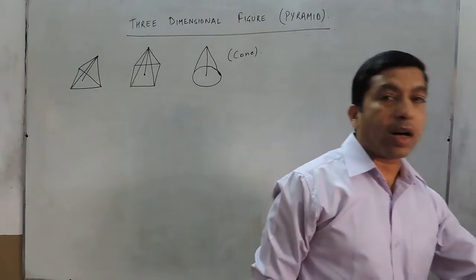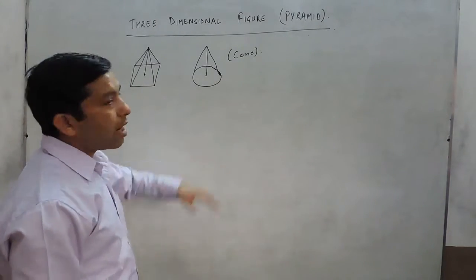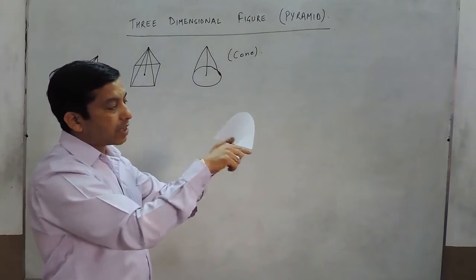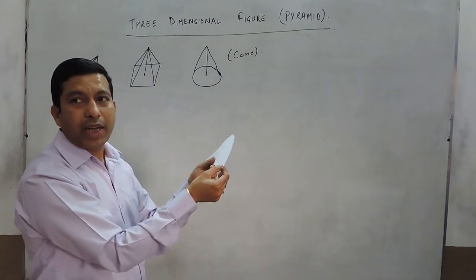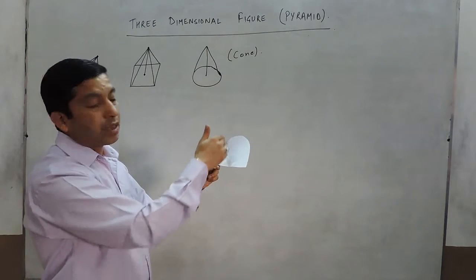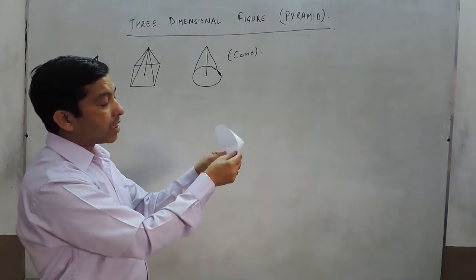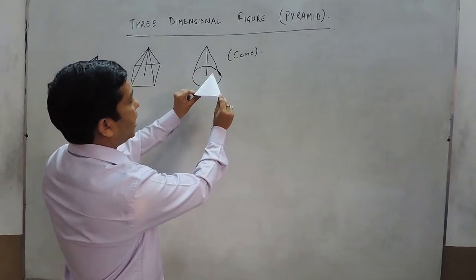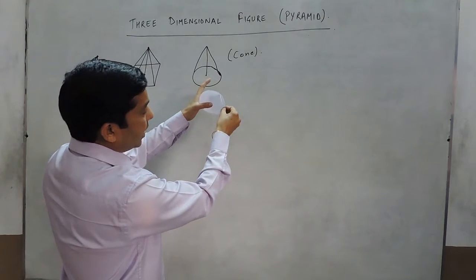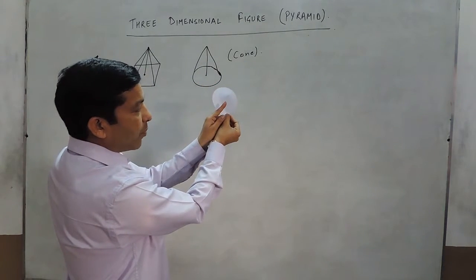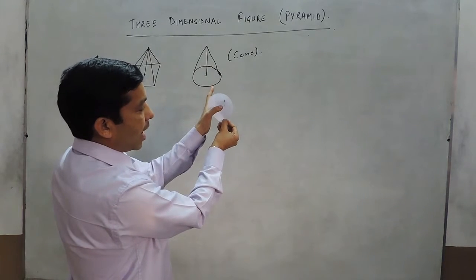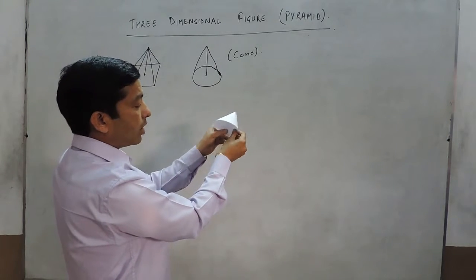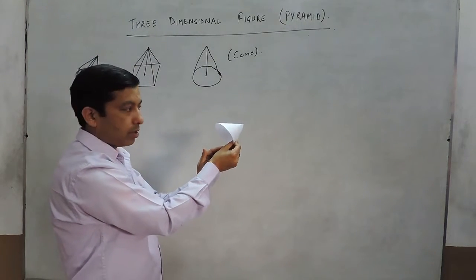If we want to make a cone, then it is basically a portion of a circle. From a complete circle, we take half the circle, and it is not necessary that we only take half the circle. We can take a portion of the sector as well. If we take half the circle and join the two radii, then this is basically a kind of cone we are making. This from the center to the midpoint is known as the height. And half the circumference is now the circumference of the cone.